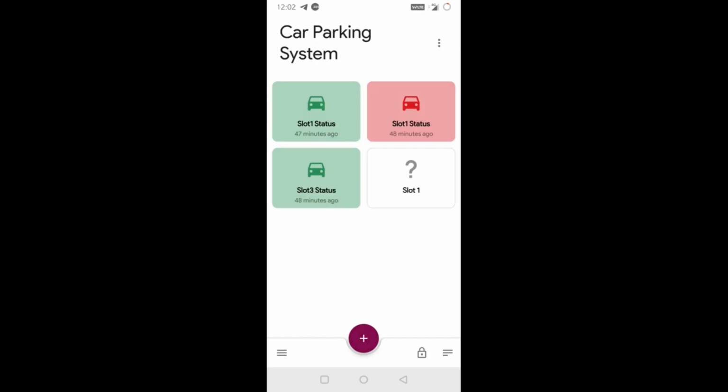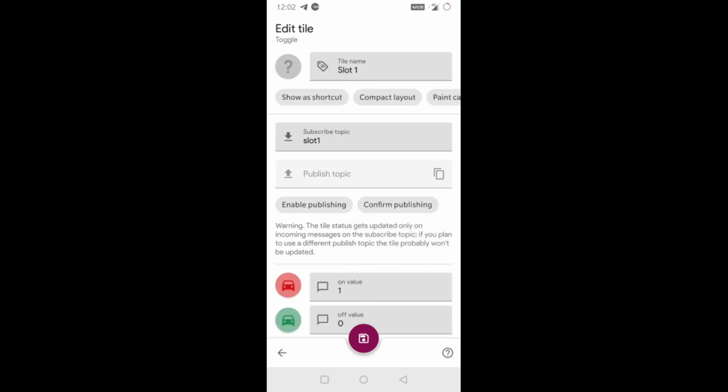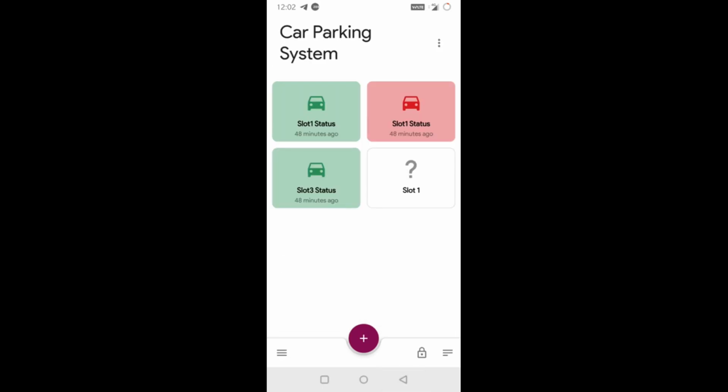So in this way you can see this blank slot will be open. Now I will run my code, and after I run my code, you can see I already have slot 1 and slot 1 here. So this slot and this slot should have the same value. I will run the code just to show you. You can see slot 1 status is red, and also here is red, but you can see the complete background is not red.